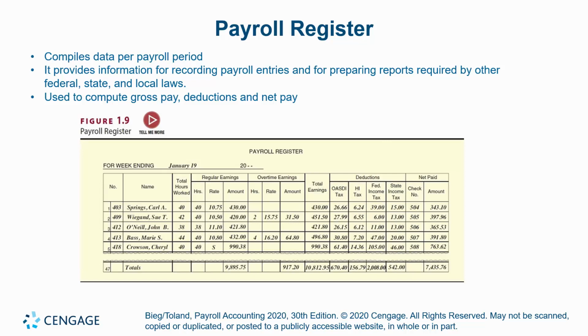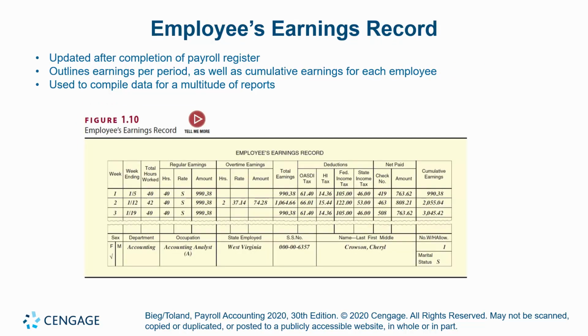Okay, so can I see a show of hands who wants the... Okay. Thank you. So this is our point of original entry, where we enter all the names, how much people earned, all their deductions, and their net pay. Once you do that, you move it all to individual employees' earnings records, which keeps a cumulative total of each person, so that at the end of the year you can cut W-2s, and at the end of each quarter you can do quarterly reports.